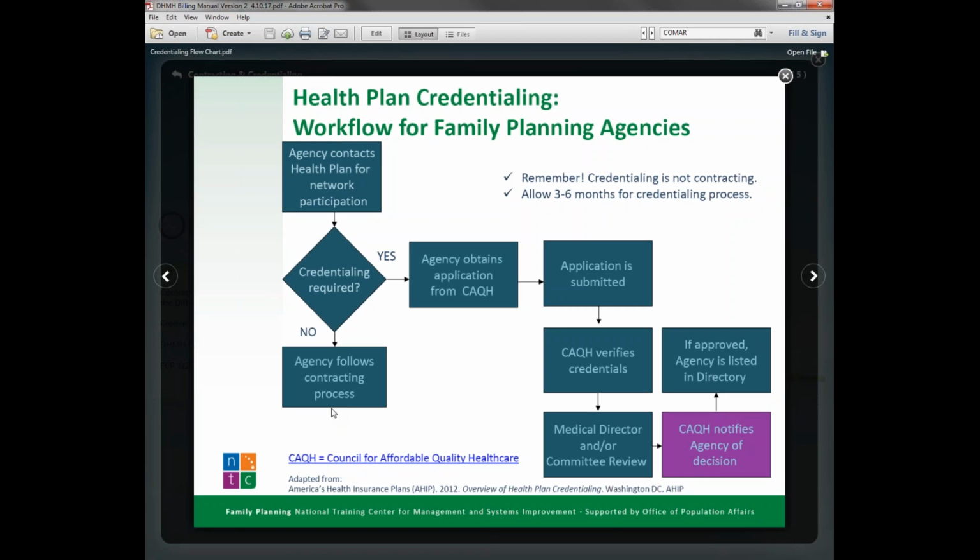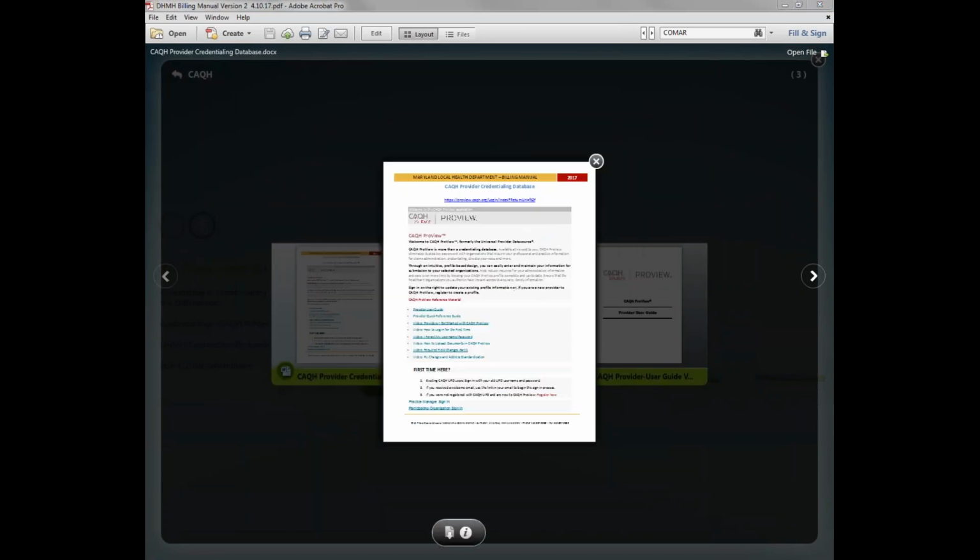So this tool here really can be helpful for someone internally that's handling the credentialing, because it really does delineate the steps in the credentialing process and where things are handed off between the payer and the organization. It gets very confusing to people if they're not used to the credentialing world or the contracting world. Here we have a little more information on